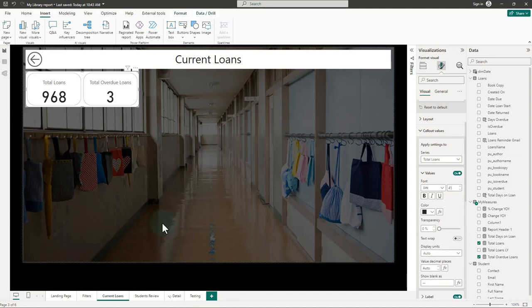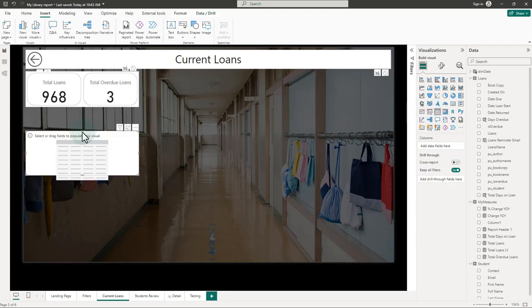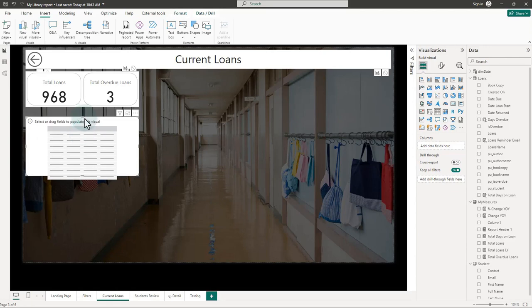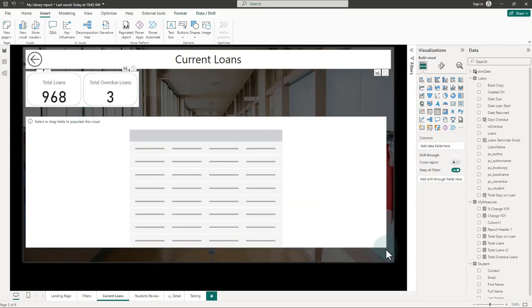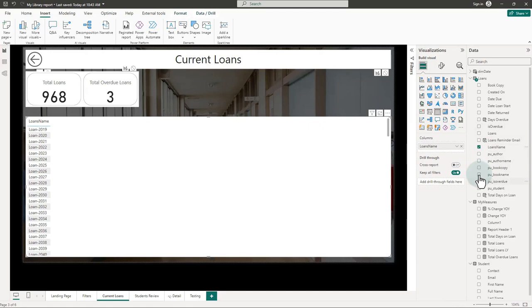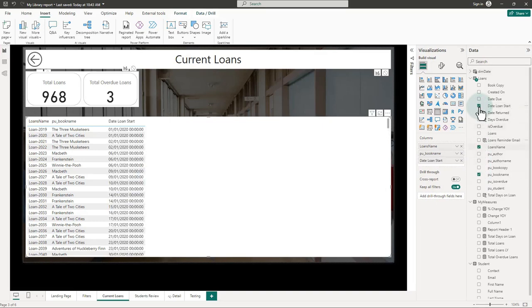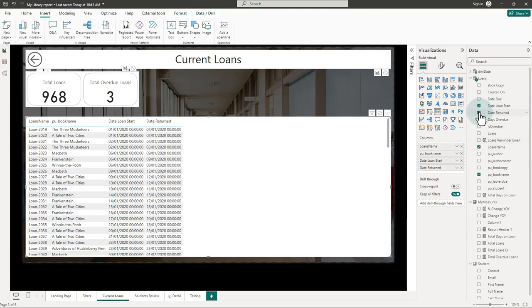Let's bring in a table visual. Select on some blank space and we'll bring in a table visual. Let's make it a bit bigger. And we'll make it even bigger so we can fill up the screen. Let's start bringing in some fields such as the loan's name. We can bring in the book name, the date loan start, the date returned, the due date,